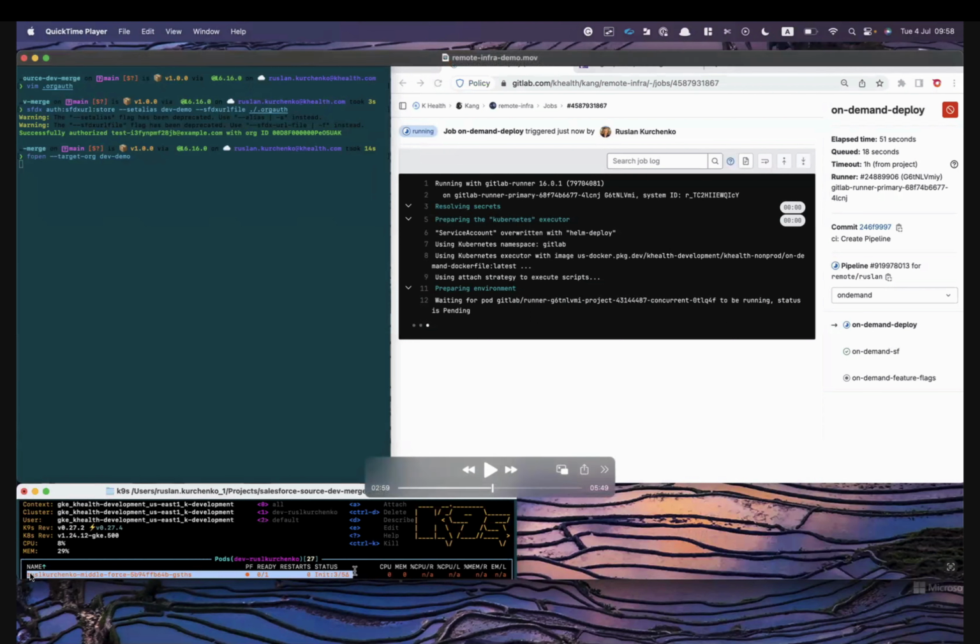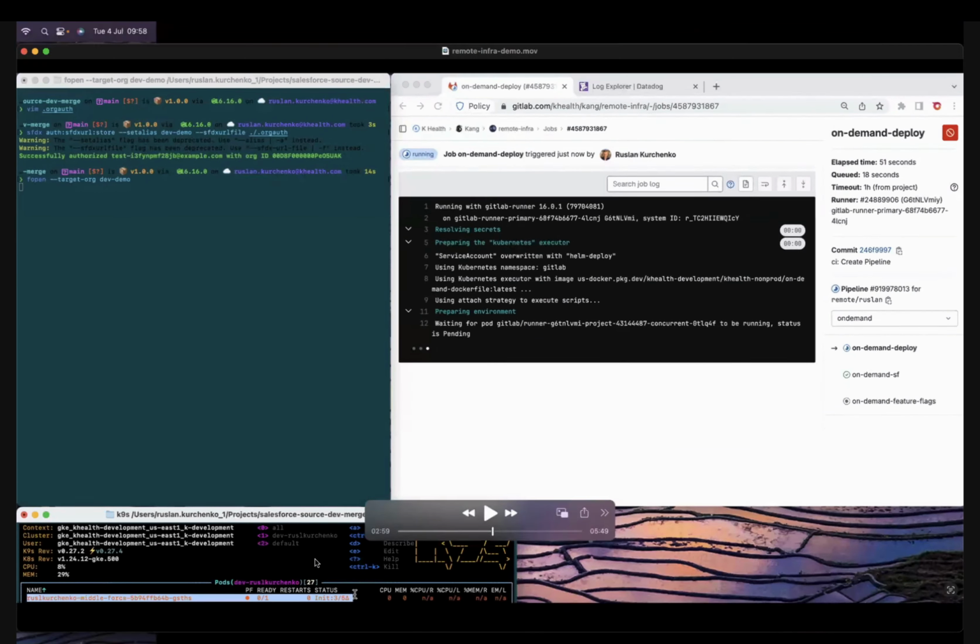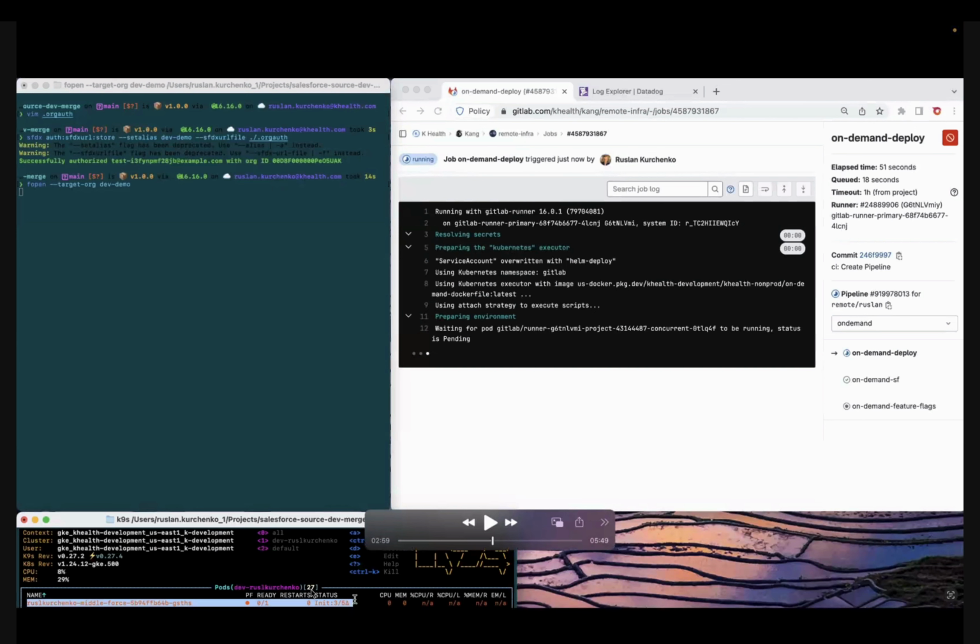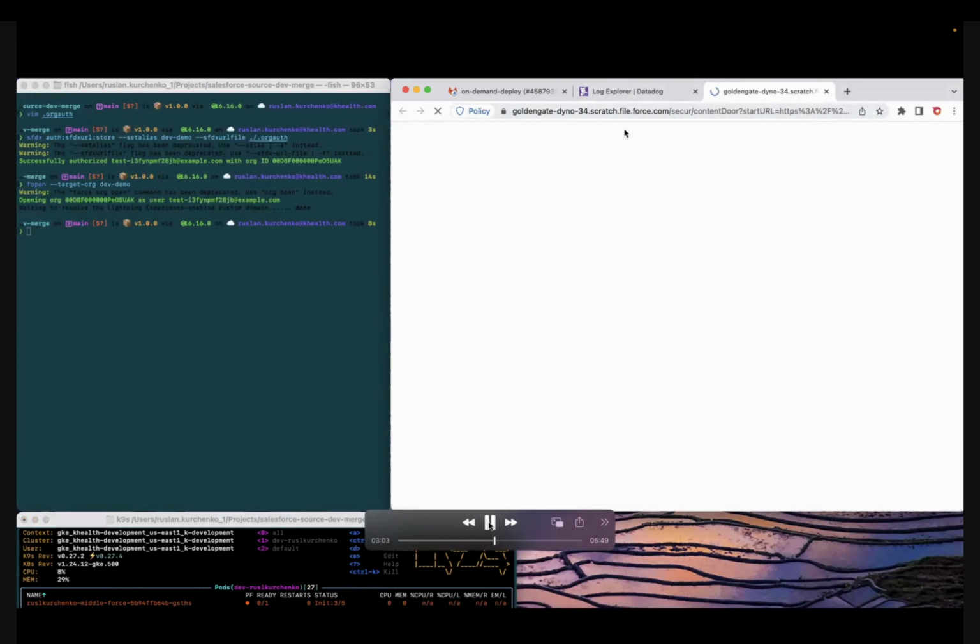And on the left-hand side at the bottom, you can see this is not all services, but just only one. As you can see, there are 27 services at the bottom. This middle force service is only one, but there are also others. It's just for demo purposes. I showed that it started to prepare, and the Kubernetes deployment is happening.